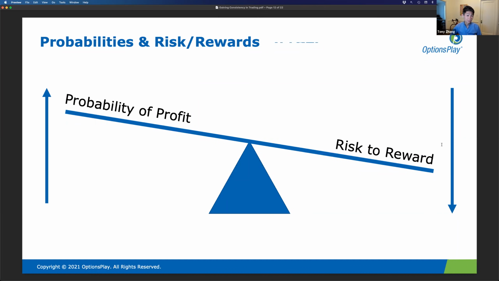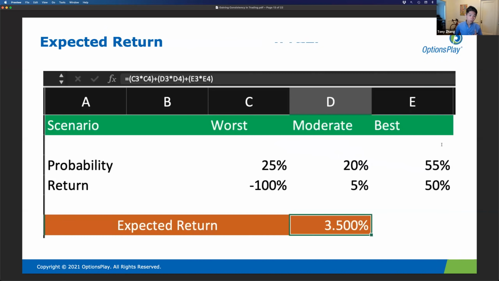I see too many investors that have this belief that as long as you trade something with a high probability of profit, you'll make money in the long run. You forget that high probability of profit trades are risking substantially more than what you can potentially make. So the more important equation that you want to look at is what we call expected return. What you want to do is weight the probability of success with the actual return of the